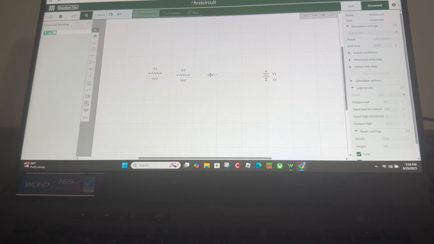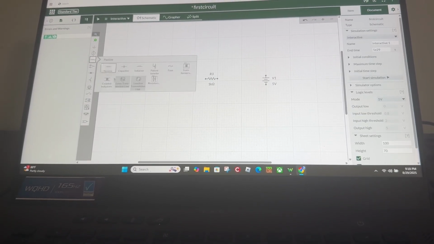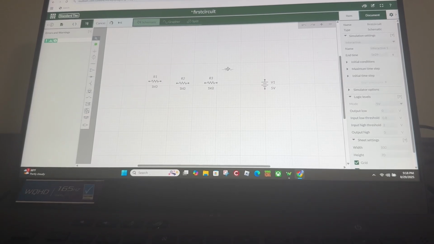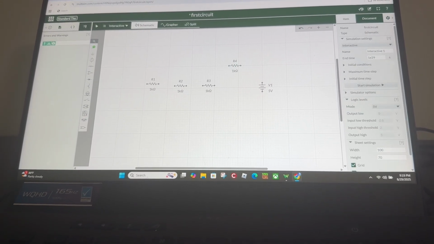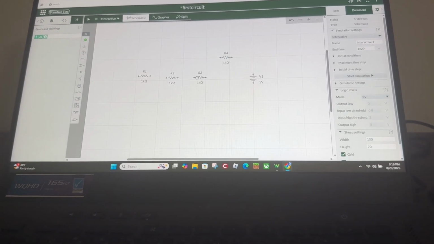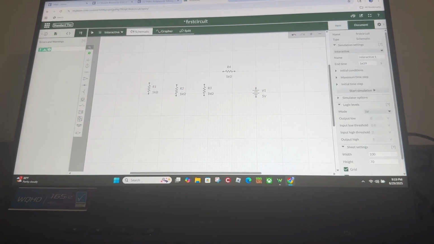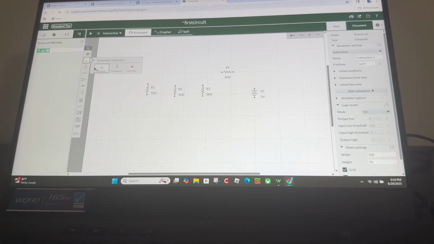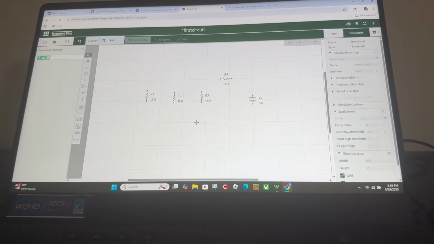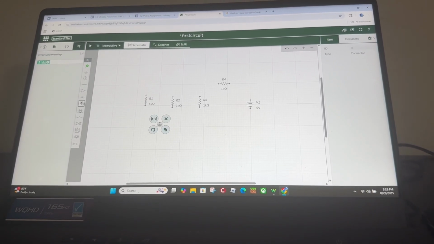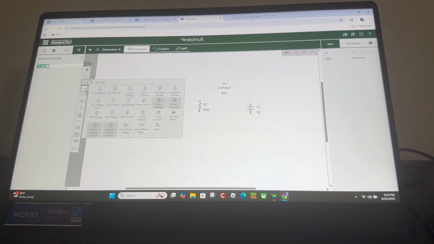And then given the correct values. Oh, there you go. Do this. And then I will need to add a ground. So there's a ground. And then I'll need to add